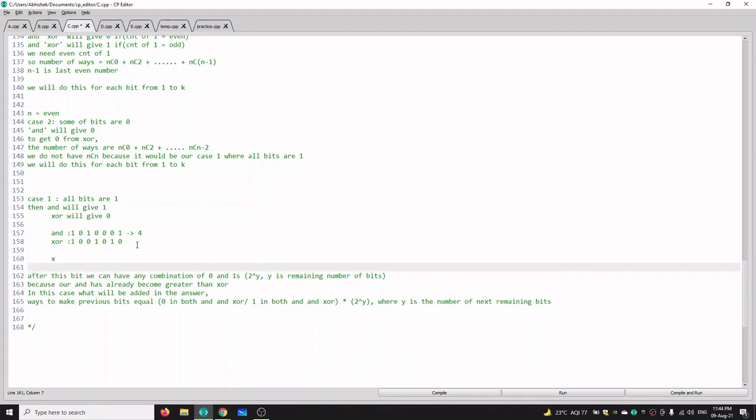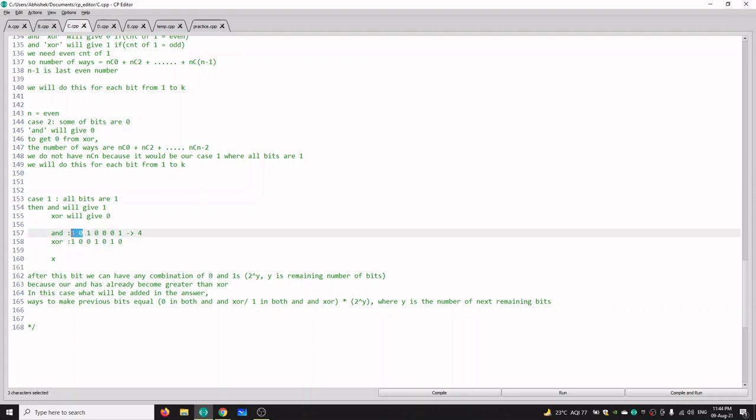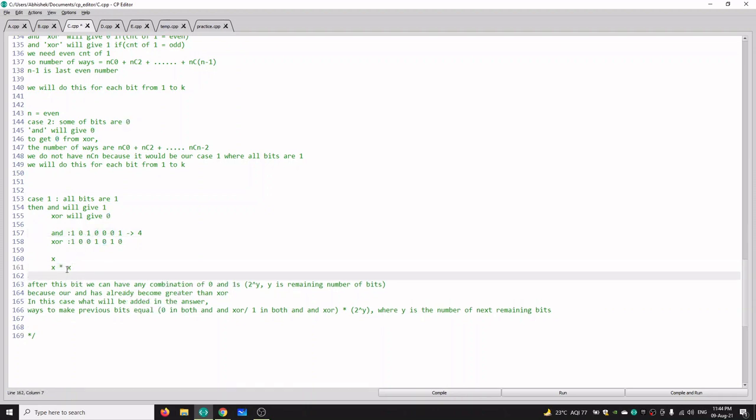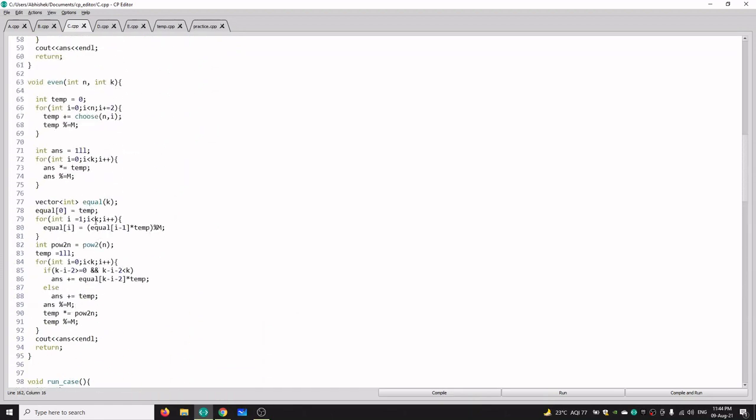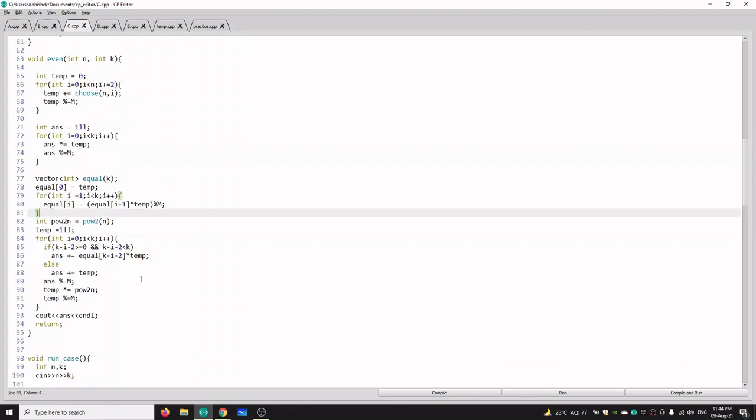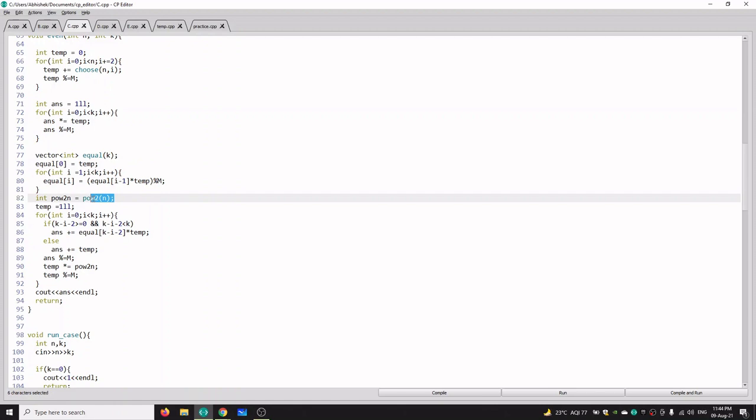Then the number of ways for making two bits equal would be x into x, and the number of ways to make three bits equal would be x into x into x. So that's what we are doing here. We are pre-calculating these values by multiplying the previous value. And this code is used below.